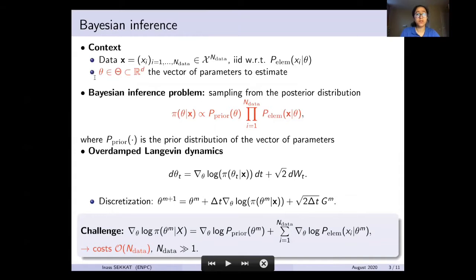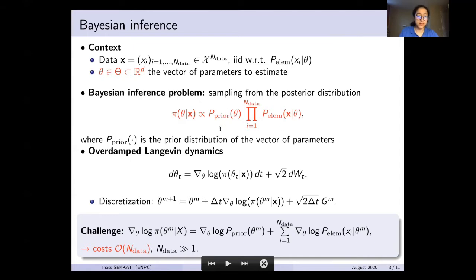So first of all, we consider a dataset X of n data points, which are assumed to be independent and identically distributed with respect to a probability measure. We denote it by P elementary, which is parameterized by a vector of parameters theta we aim to estimate. So in the Bayesian inference approach, we are interested in sampling from the posterior distribution of this vector of parameters, which we denote by P, and which is proportional to the prior distribution on the vector of parameters and the likelihood